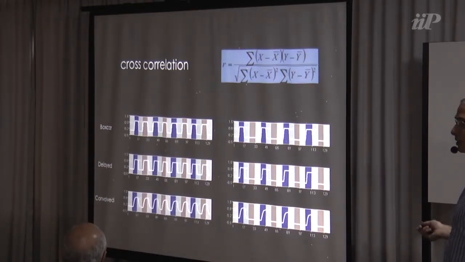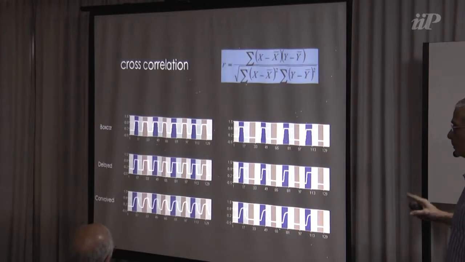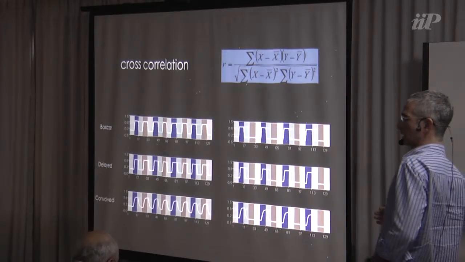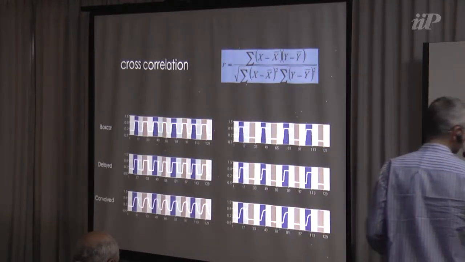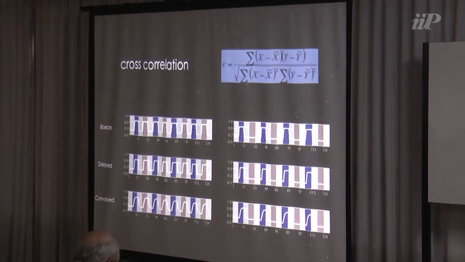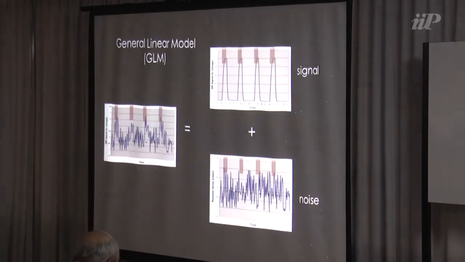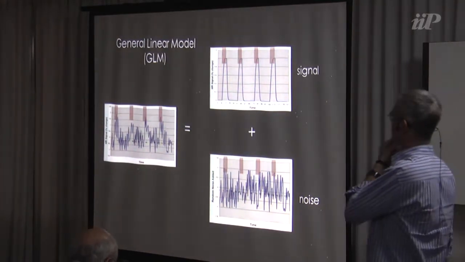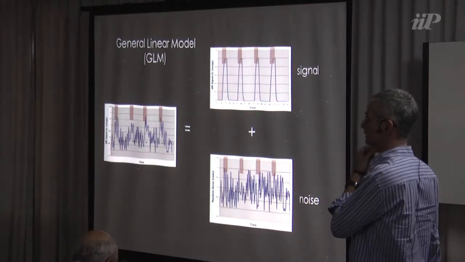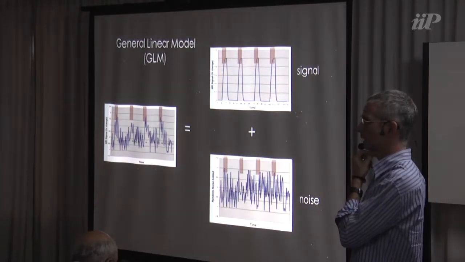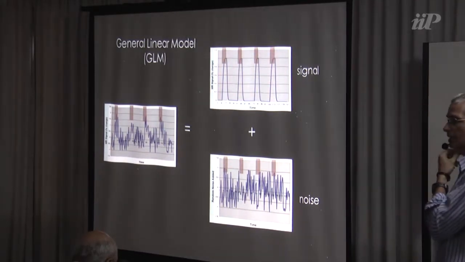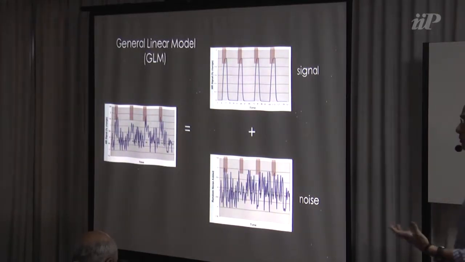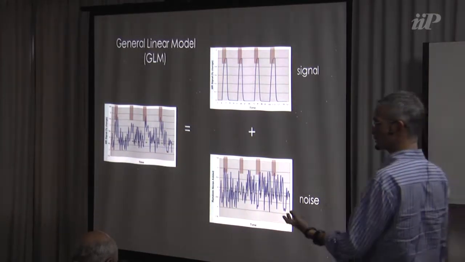This is not being used anymore, but not because of artifact or anything else. It's just because there's something a little bit better, that's more general, that looks like a correlation, but it's called the general linear model. So again, what is the difference between the general linear model and the cross-correlation? The general linear model allows you to have many models inside your model.